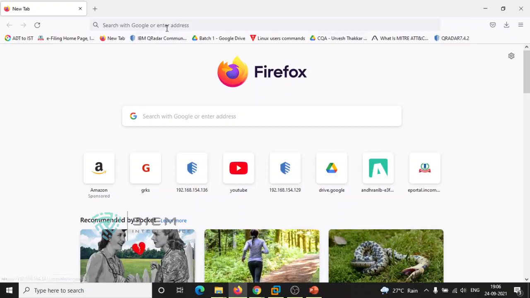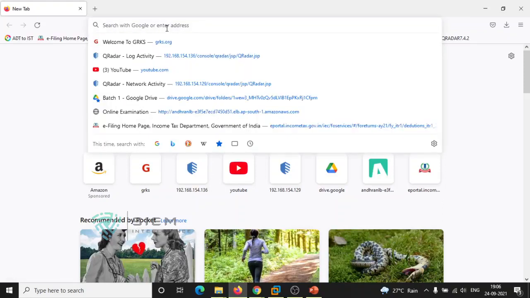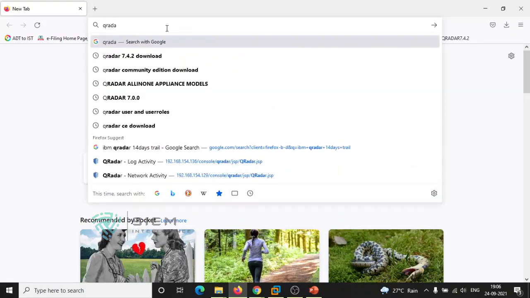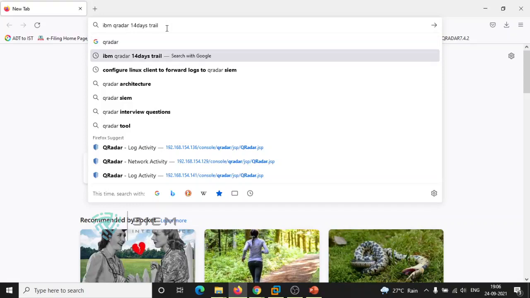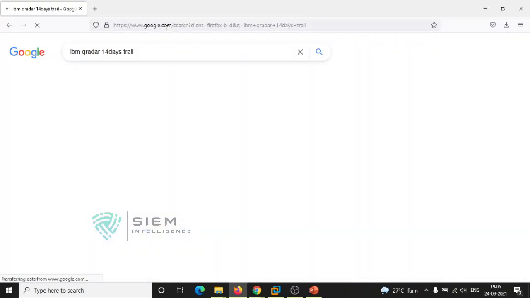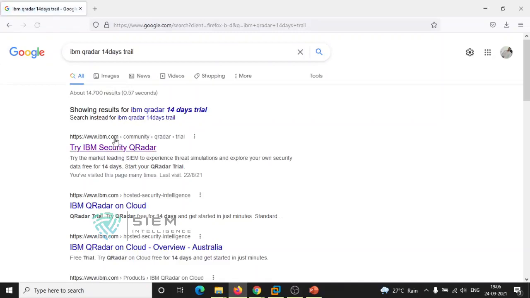So how to do the QRadar 14 days trial? It's quite easy. Just type in Google, IBM QRadar 14 days trial. You will get the first link, ibm.com community QRadar trial. Just click the first one.